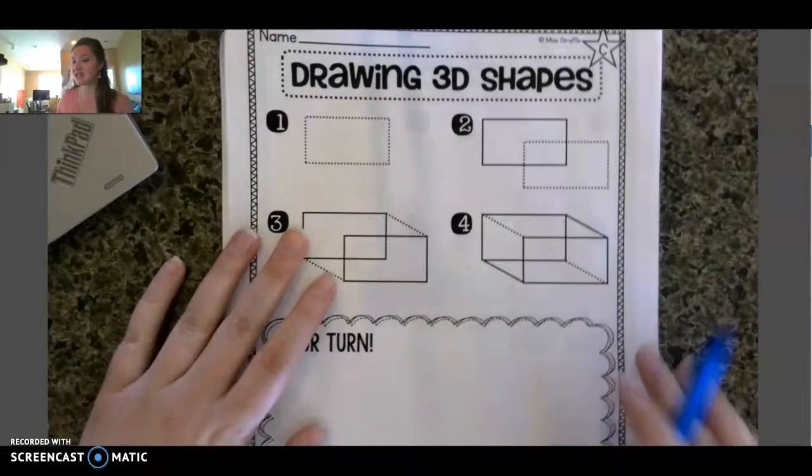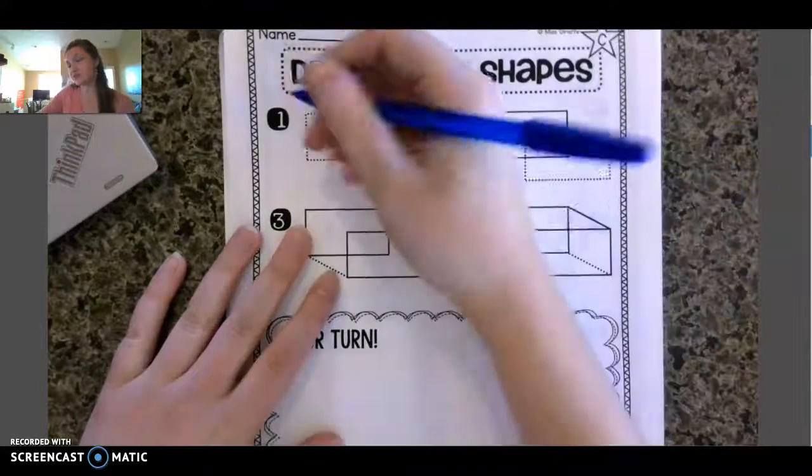Okay, we're going to draw some more 3D shapes today. So yesterday we did the cube, and this one is not very different from the cube. What do you think it is? The rectangular prism, okay? So we are going to start, and instead of drawing a square first, we're drawing a